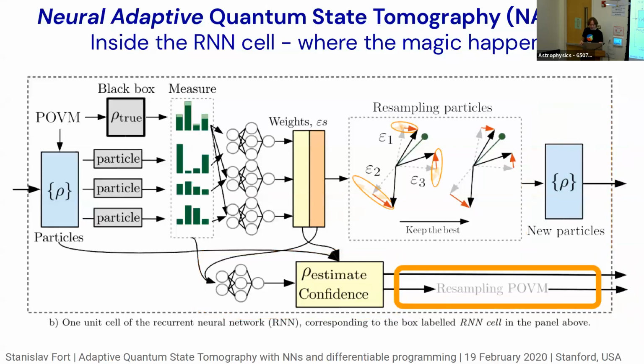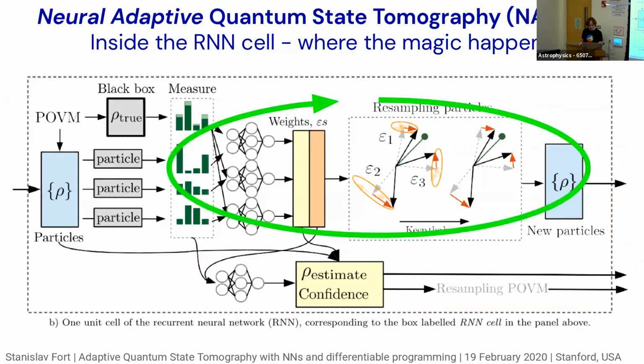And in case your adaptivity is on, you would design a new measurement for the next step as well. This would be this resampling theory and step right here, if you were to use that. Otherwise, it would be randomly chosen for you. And in fact, this step actually repeats itself like 3 times, and there's 18 new guesses for each particle. So those are all hyperparameters of the actual algorithm.